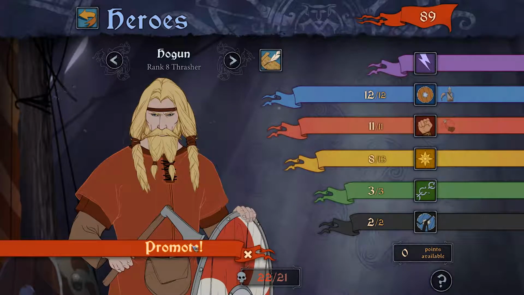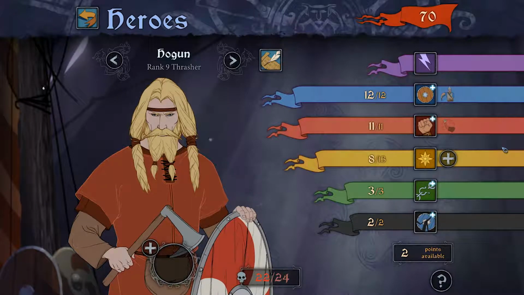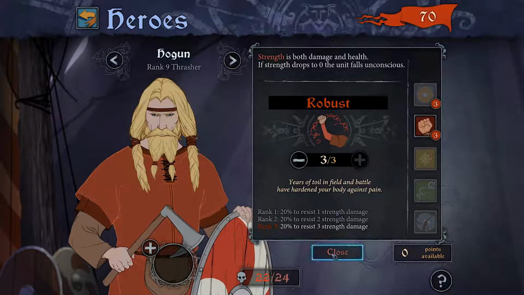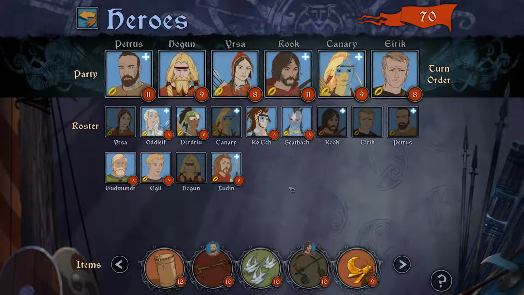So I think I'm going to level up good old Hogan, since he seems to be a mainstay of my party now. All of the Val have gone. For this dude, I think I'm just going to start boosting up his special abilities. Yeah, seems alright. Get him up to level... Oh, I can almost level him up to level 10. Right. And let's bring up...